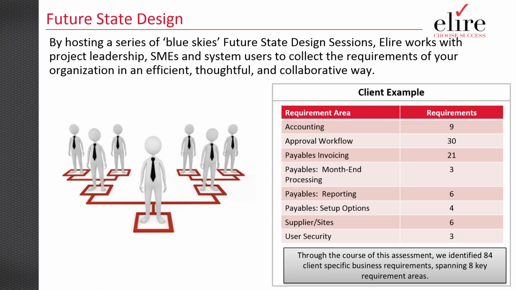So what we would typically do at Elire is we would start out with the Canon team in hosting a series of what we call Blue Skies future state design sessions. So how do you want things to work? How would things work optimally? And what we do is we pair both our AP subject matter experts, our business process team, and the Canon team that understands how their software works to collect organizations and figure out how this solution can best fit and